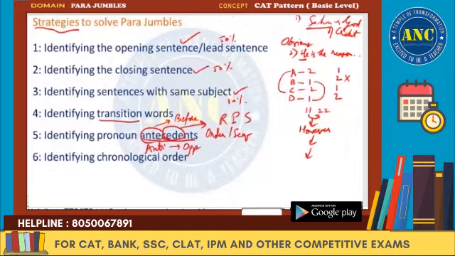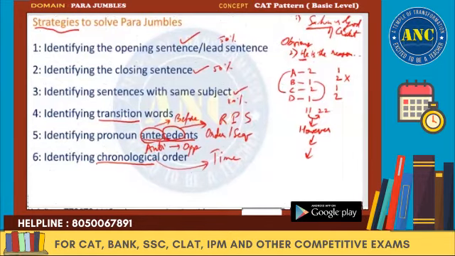Identifying chronological order. What do you mean by chronology? It is time, the sequence of the occurrence of events. Sequence of occurrence of events. So chronological order is simply,